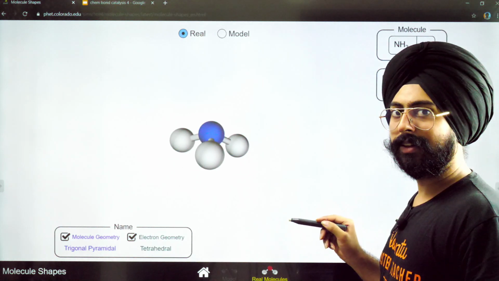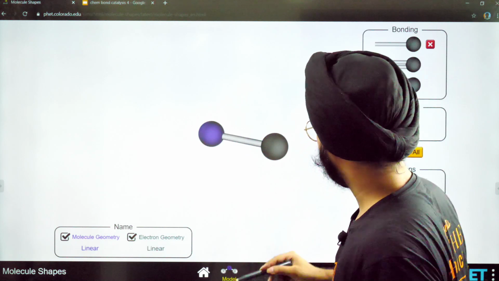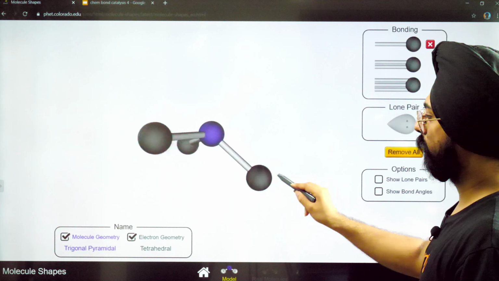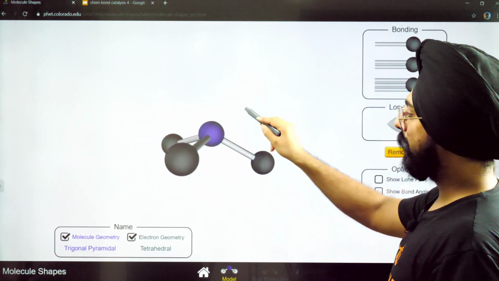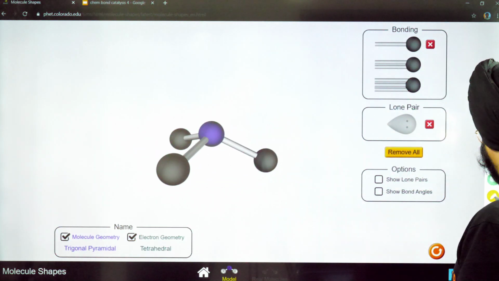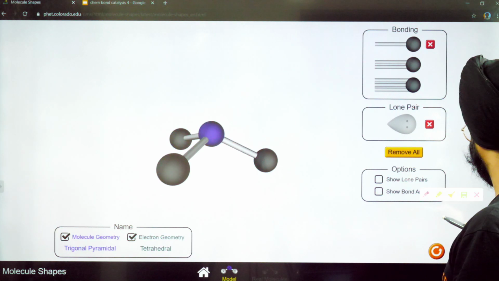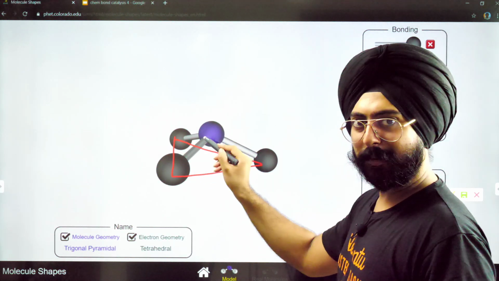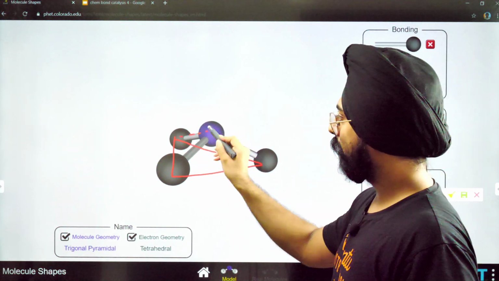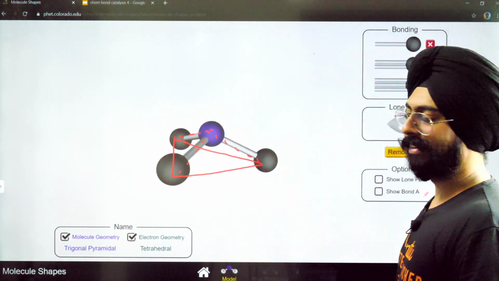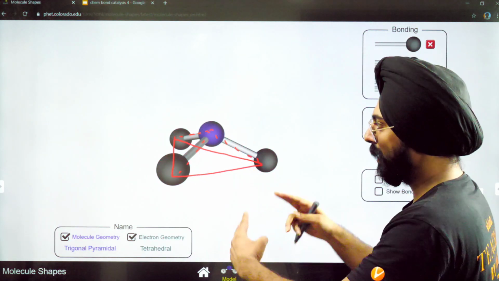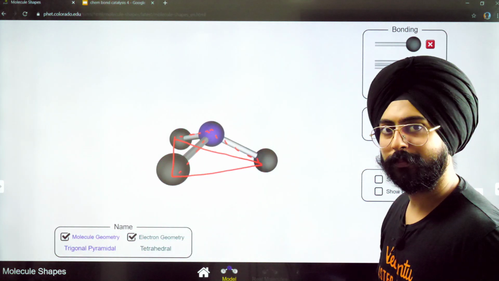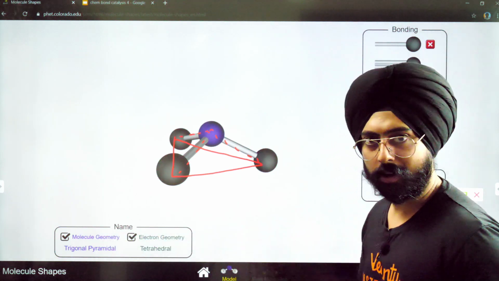Can you see that? Let me show you a bigger structure with longer arms. Look at this. Can you see the base of a tripod? Can you see that there is a triangular base at the bottom and there is just one tiny little protrusion on the top, so you can make a pyramid from here? Triangular base and one protrusion on the top, trigonal pyramidal shape. Molecular geometry can also be called shape.